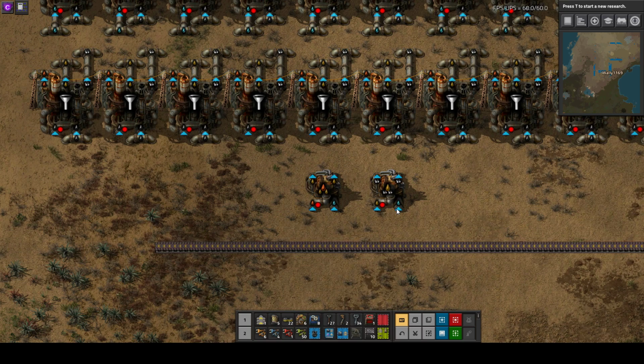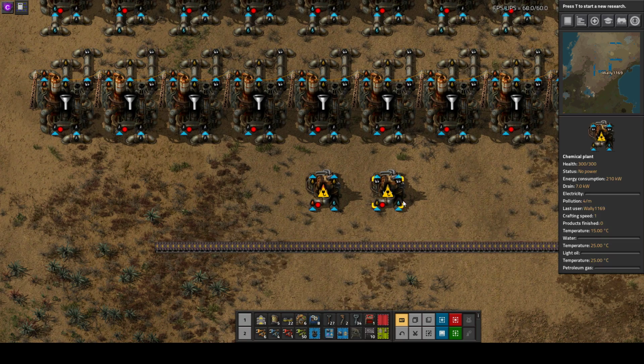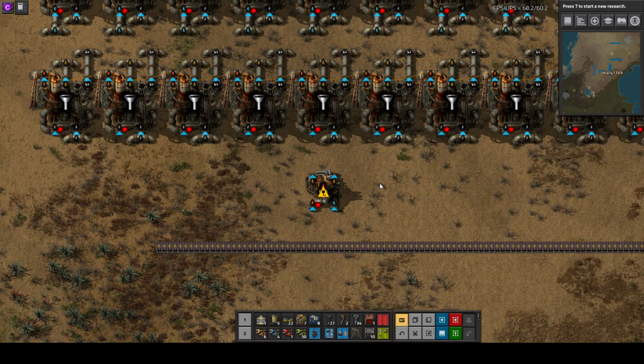Now we're going to obviously also set up some blueprints for making solid fuel because we may need that for blue science, depending if we do it within the blue science array or if we build in the solid fuel. And we're also going to need it to make the rocket fuel for the rocket itself. So